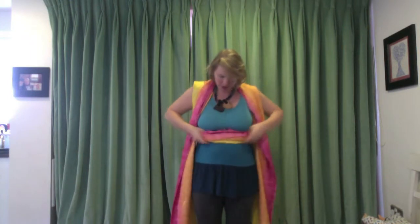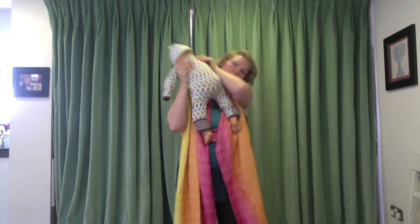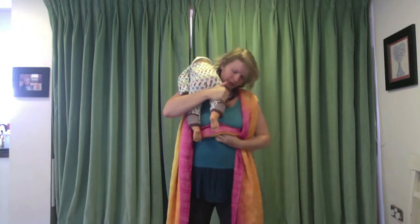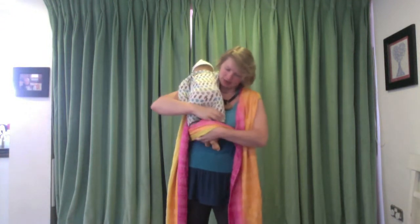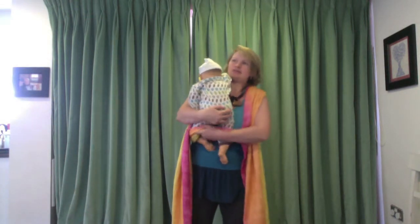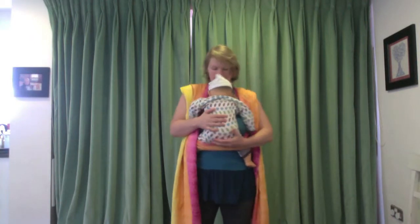Now what I do is I just bunch this pass up so it's kind of creating a sort of rope around the middle and just under my boobs. I then get my baby, put him over my shoulder, reach through this rope, get first one leg, then the second one, and gradually lower baby down. So this rope is going in his knee pits, from knee pit to knee pit,